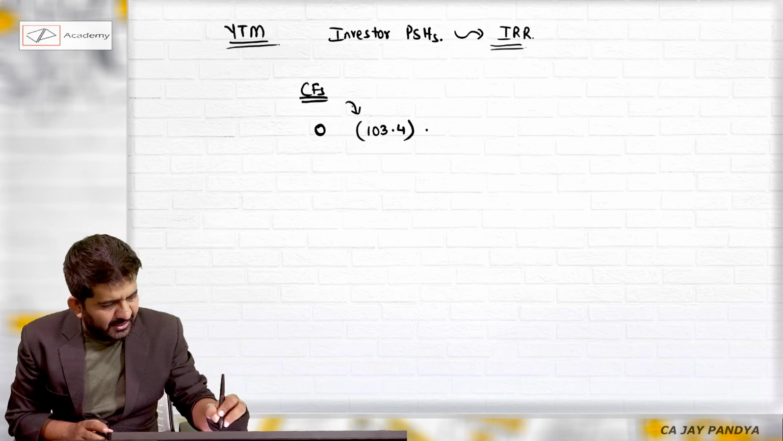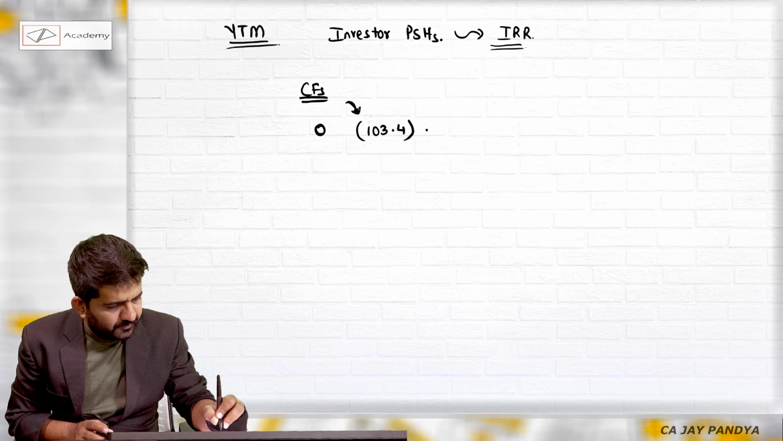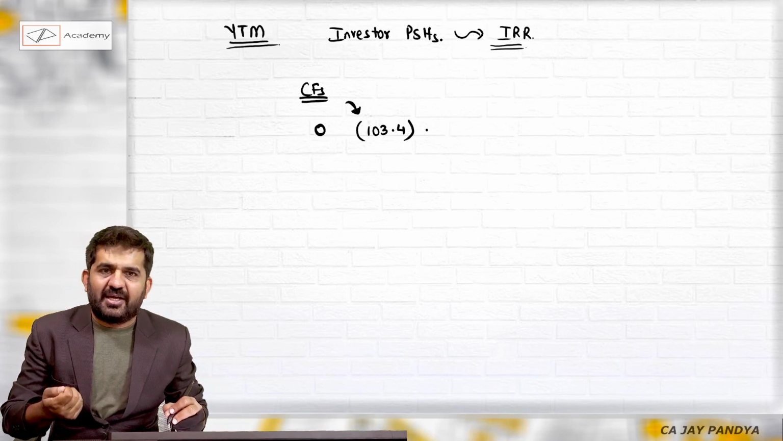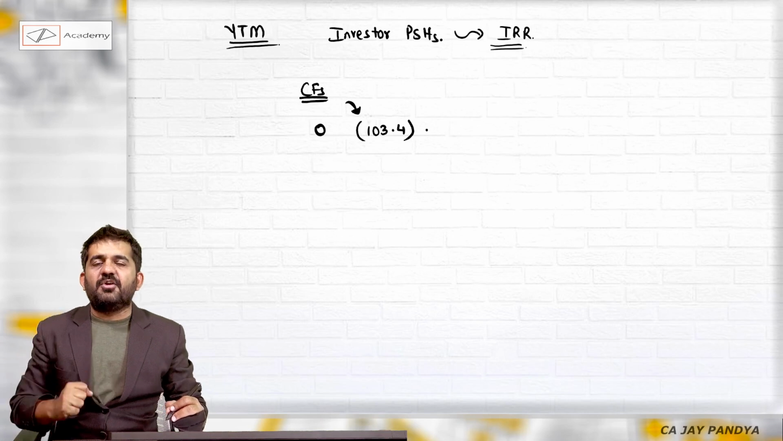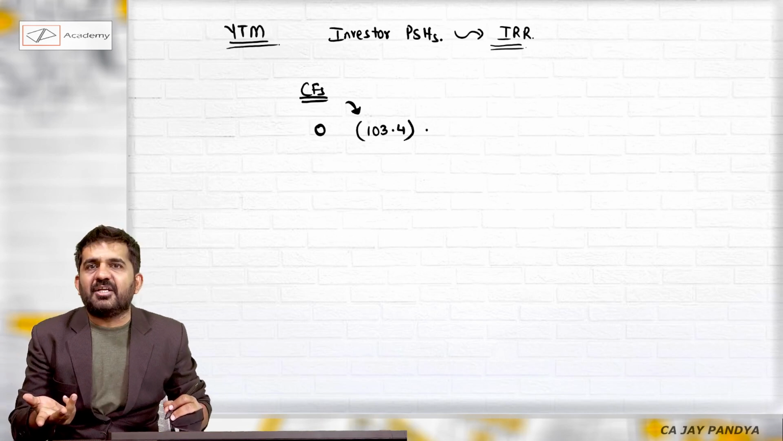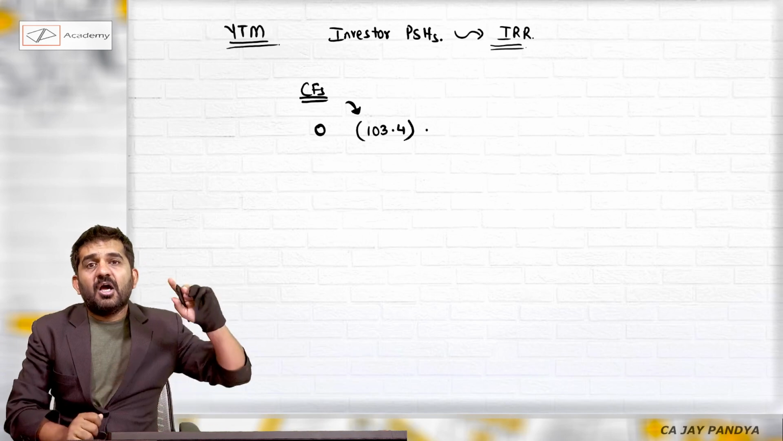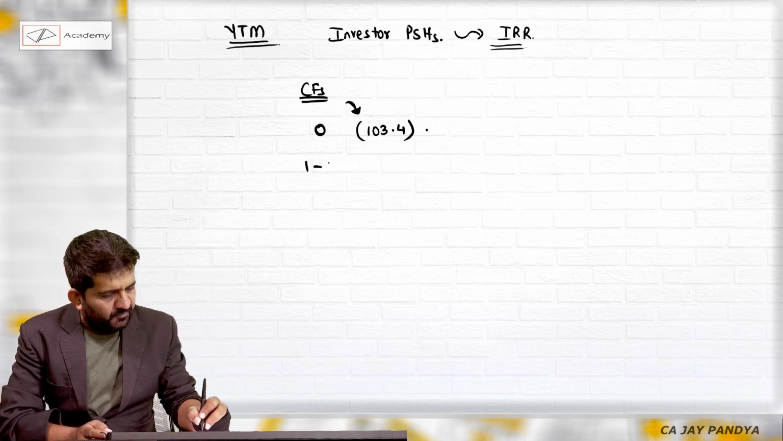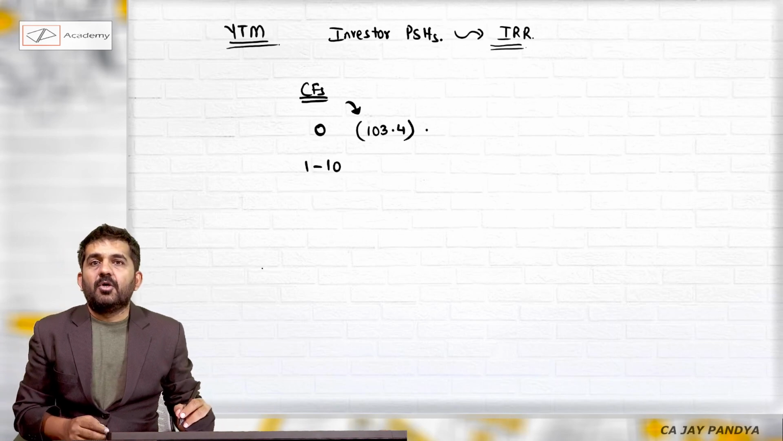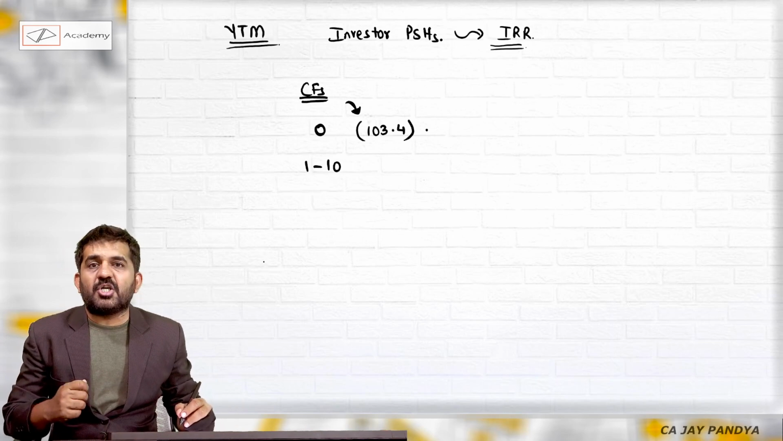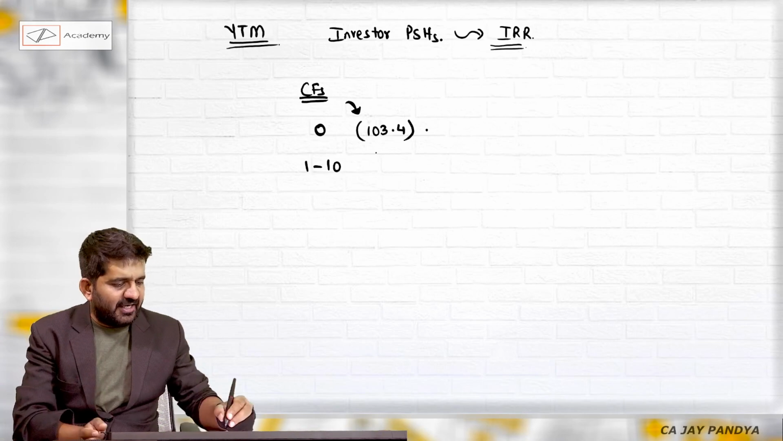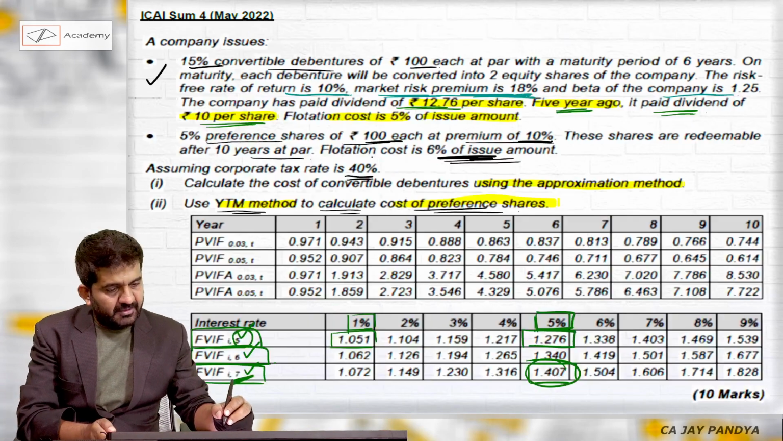The negative we are making positive, and positive we are making negative. This is actually cash inflow for the company. We are writing it as cash outflow because we have learned how to find IRR in our capital budgeting chapter. From 1 to 10 years, what is cash outflow for the company will be cash inflow for the investor. So I will be writing down a positive figure, which is nothing but